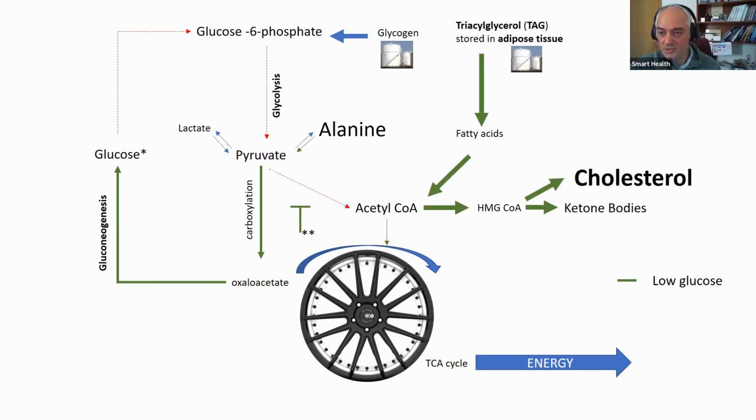Now, we have a low glucose diet, a low carbohydrate diet here in front of us. When there's low carbohydrate, of course, there's low glucose, and therefore after various hours of low carbohydrate intake, one would start the green arrows and the blue arrows. First, of course, the blue arrows, because it's the easiest. The glycogen stores will start producing glucose, whatever the type of glucose metabolite, and it will turn the wheel around. When the glycogen stores are depleted, one will start using adipose tissue, the fatty acids.